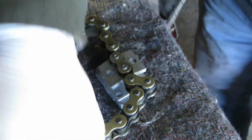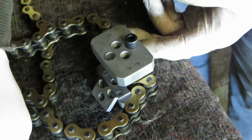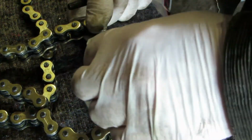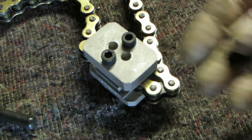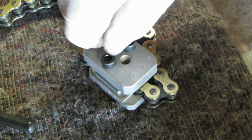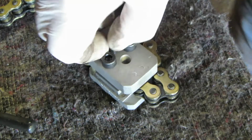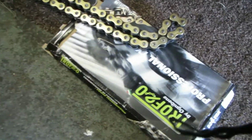So we're going to put that back on, as it was. I only removed that just to physically check that that was fine before I started the riveting. The riveting section. I'm going to pass this through there, which is dead in line with the rivets. And when it goes down, it will be able to compress the rivet heads. So after a lot of mucking about, we have